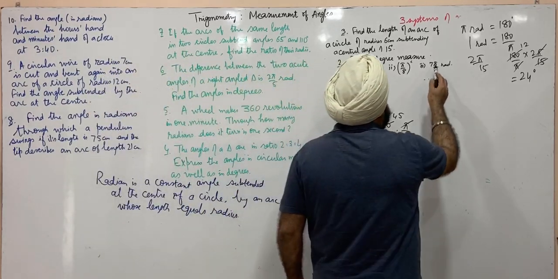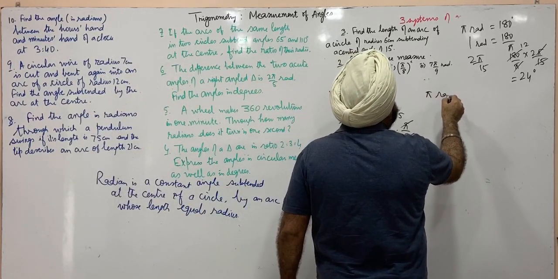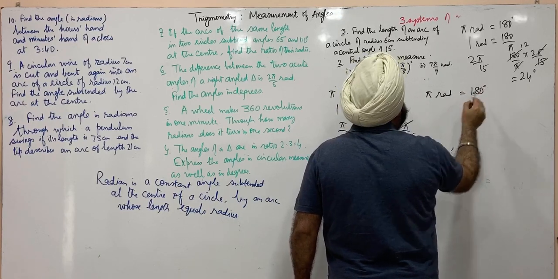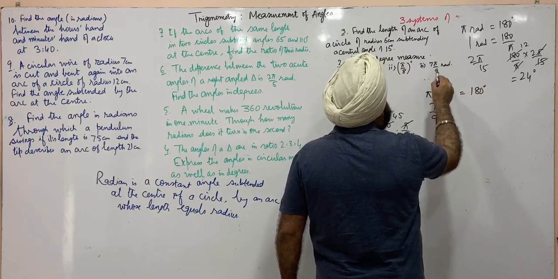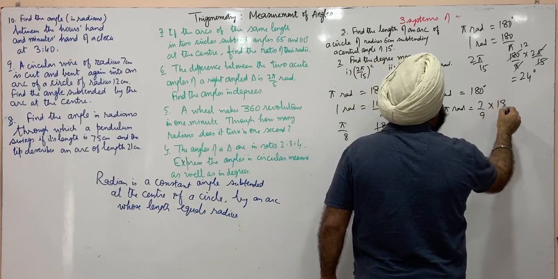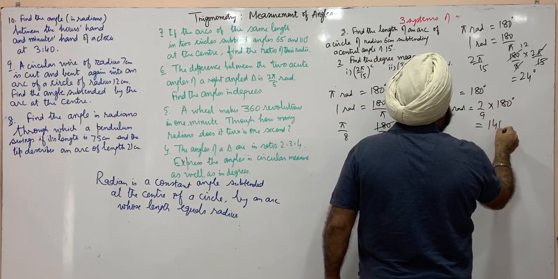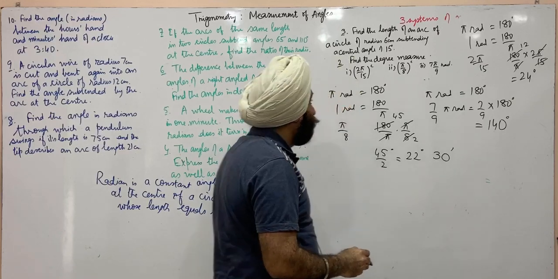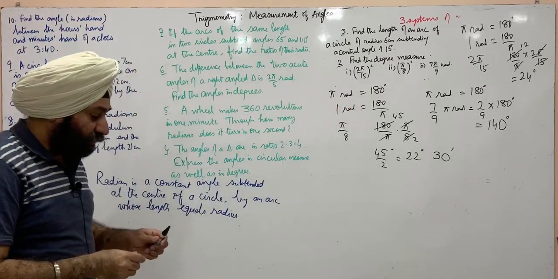Similarly, we can try this one. Pi radians is 180 degrees, and 7 by 9 into pi radians will be 7 by 9 into 180, which is 140 degrees. The next one,